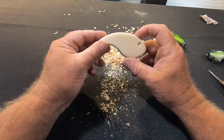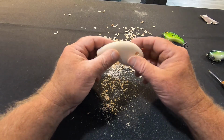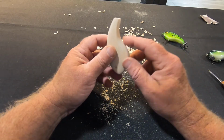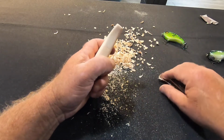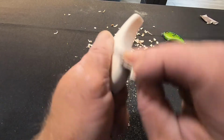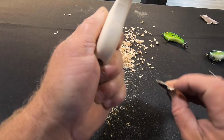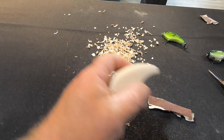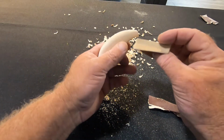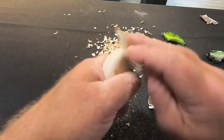Okay, I went ahead and sanded a little bit off camera because nobody wants to watch me sand for 30 minutes. But we pretty much got her smooth. I got a little spot right there I got to work on. But I want to take you through what we want to do next. Again, I was using the 120 on this. So what I'm going to do now is switch to 220 to get that